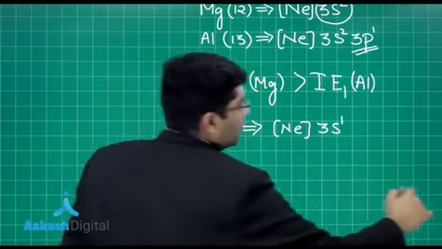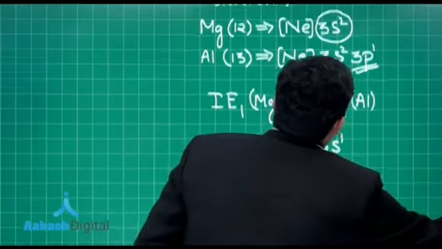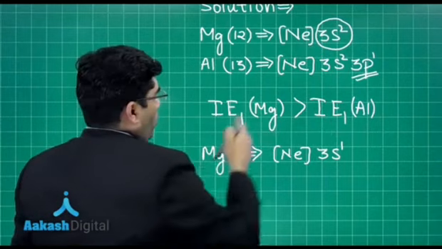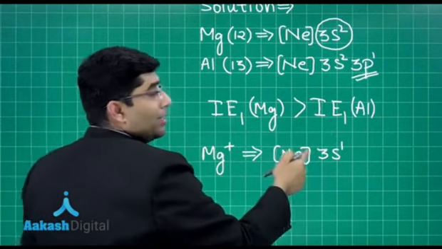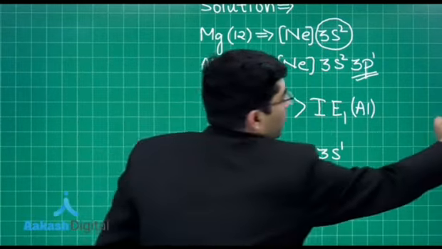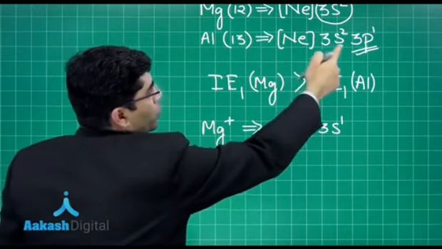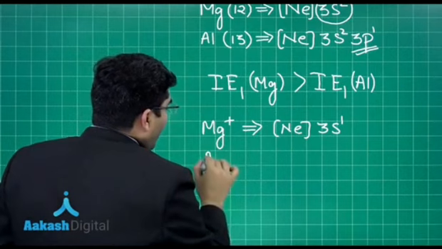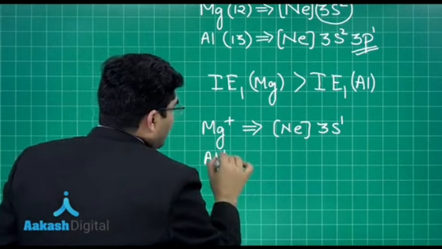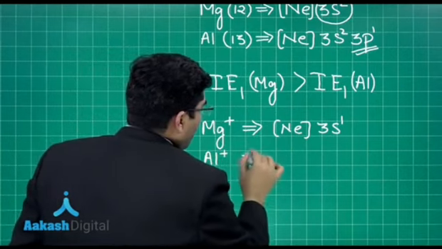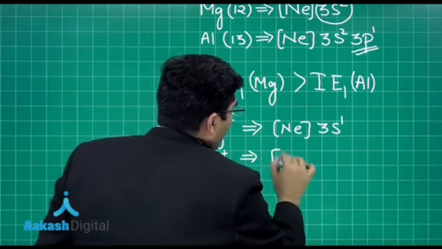So you can see it was 3s2, so for Mg+ it will be 3s1, right? For aluminium, aluminium was neon 3s2 3p1. For Al+ it will be neon